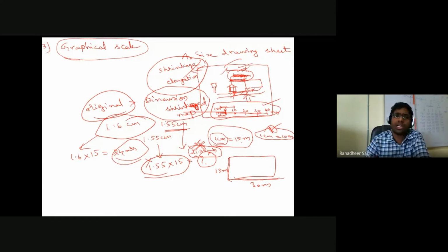So a more common likely problem is shrinkage in the case of your maps. Whenever those maps were drawn some years before, due to various changes that took place in the climate and various other aspects, your measurements are not going to be really accurate at the time when you want to convert them and understand how the measurements in the field exist. So in such cases, it would be advisable to even indicate what is called a